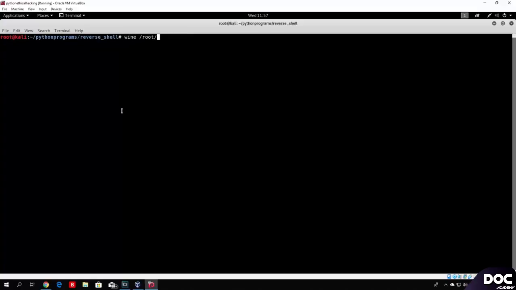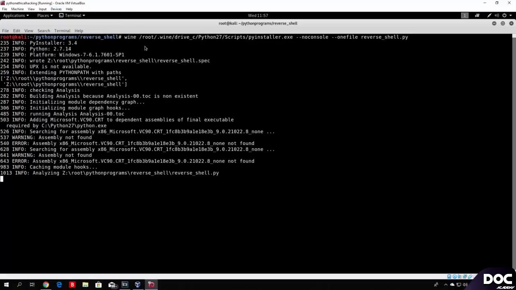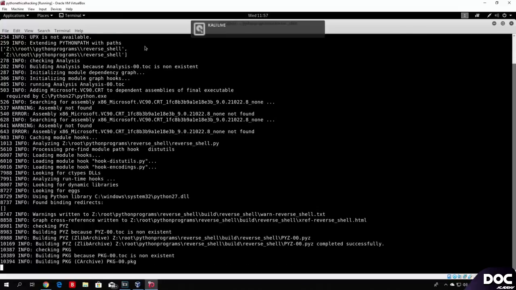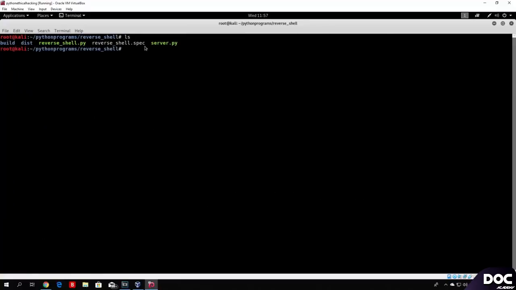So wine root.wine drive C Python 27 scripts pyinstaller. Okay, so no console, one file, and then reverse_shell.py. Let's press enter right here. Let us import the USB drive. And right now what we are going to do is run the reverse shell first, then wait a few seconds, and then run our server in order to see whether it will connect or not. So let me go right here, go to dist, and move the reverse shell to my